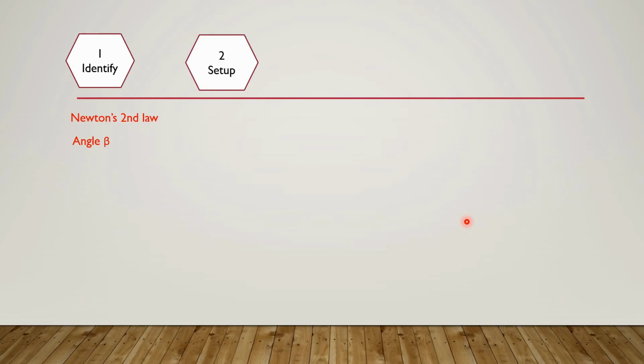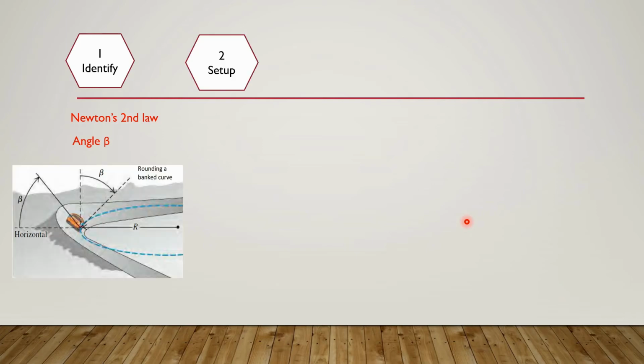Next step is to set up, and this is the simple sketch. Next we have to make a free body diagram of this car. So we place a dot on it and there are two forces acting on the dot. First is the weight acting downward. Second is the normal reaction. So this is the slanting curve and this is the normal, and the normal reaction is parallel to this normal.